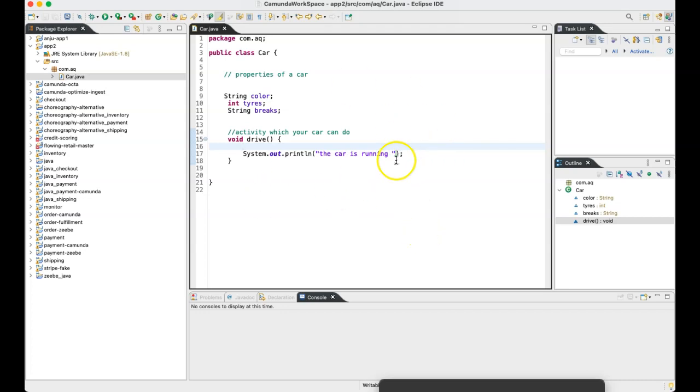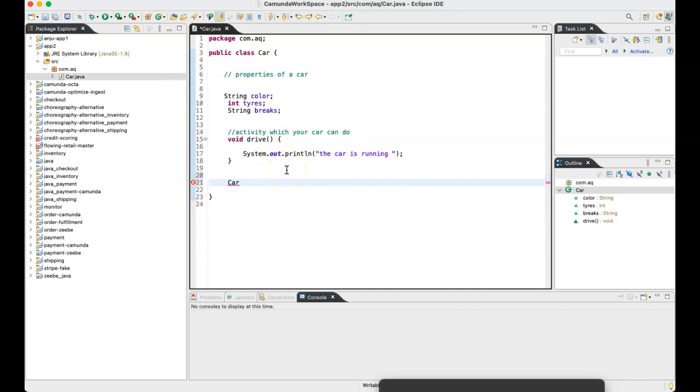For example, if I had to create a Maruti car out of it, I could do something like this to create a new car out of this particular model. In the sense, creating an object: when you have a blueprint, and I have to create a new object out of it, this is how I'll be doing it.